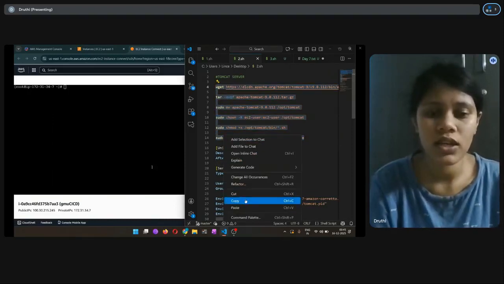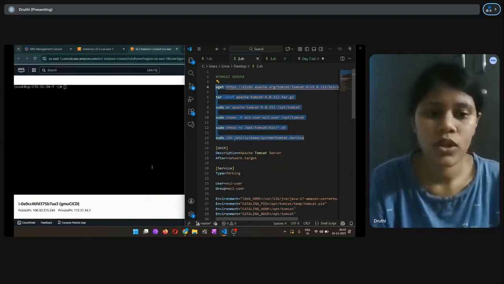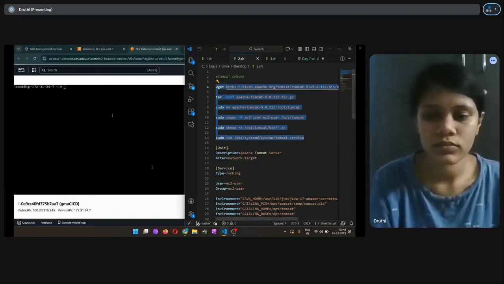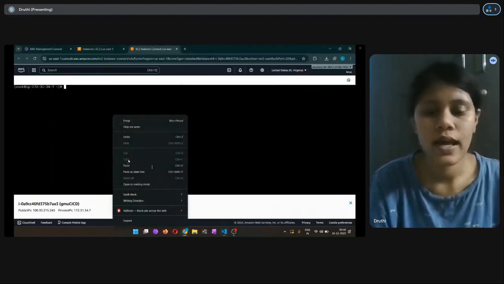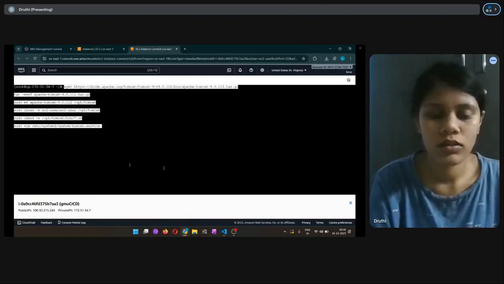So in the second.sh file, we are selecting the code shown in the video and copying the code. And after copying the code, just enter the code in the terminal. So first copy the code and then enter it.